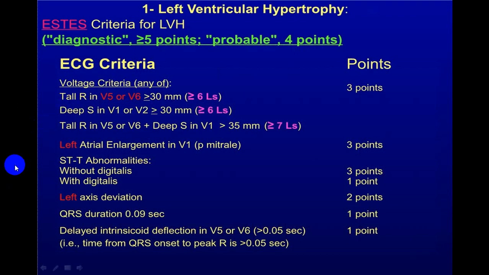LVH criteria we have already discussed before. This is how you are going to give the points and try to identify whether it is a left ventricular hypertrophy. Simplest criteria we have already given. You will have a tall R wave in V5, V6 and deep S wave in V1, V2. If you add those two, it will be more than 35. Straightforward in favor of an LVH. Usually we get a tall R wave in V5, V6 which is more than 30 small squares, straightforward in favor. Or you get a very deep S wave in V1 or V2, it is in favor of LVH. And when you add both of those, more than 35, you don't have to do any other criteria.